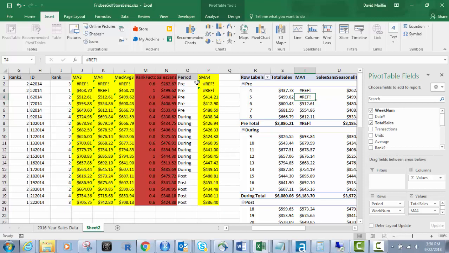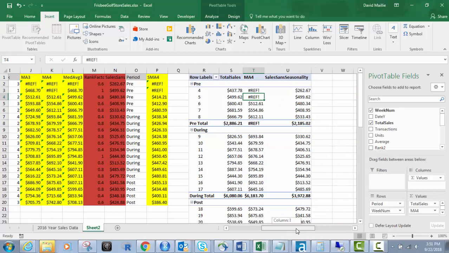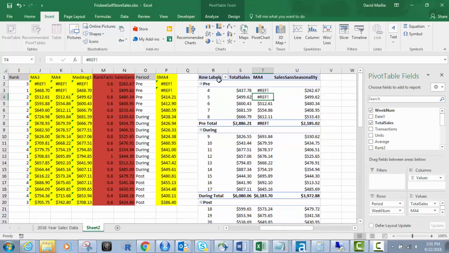This way your customers, people you're doing reports for, can see the incrementalities, or how effective the campaign was. It could have been an email campaign, it could have been a mailer, it could have been a phone campaign. Whatever it is, these are the dates of the weeks during the campaign, the weeks pre, and the weeks post. So what we've done here is we've built this pivot table based on period, week number, and then